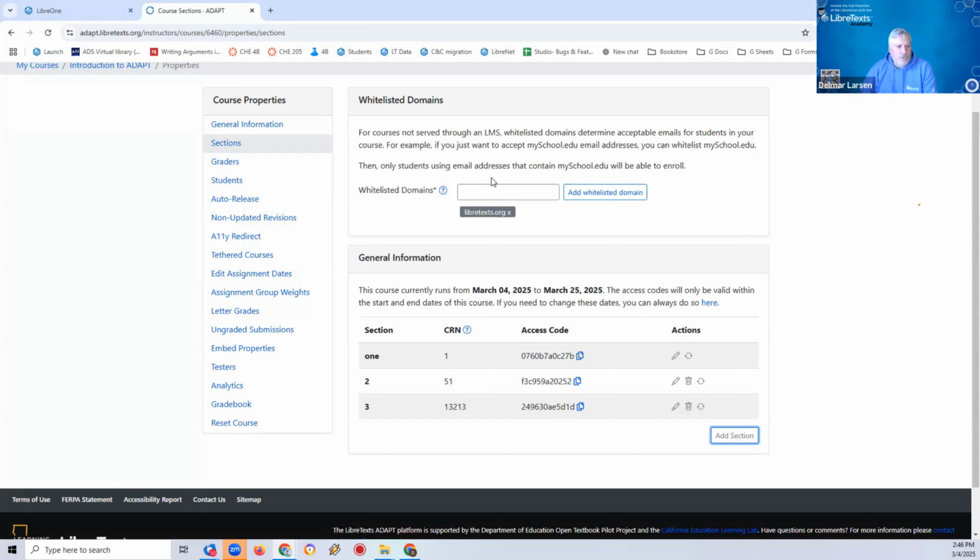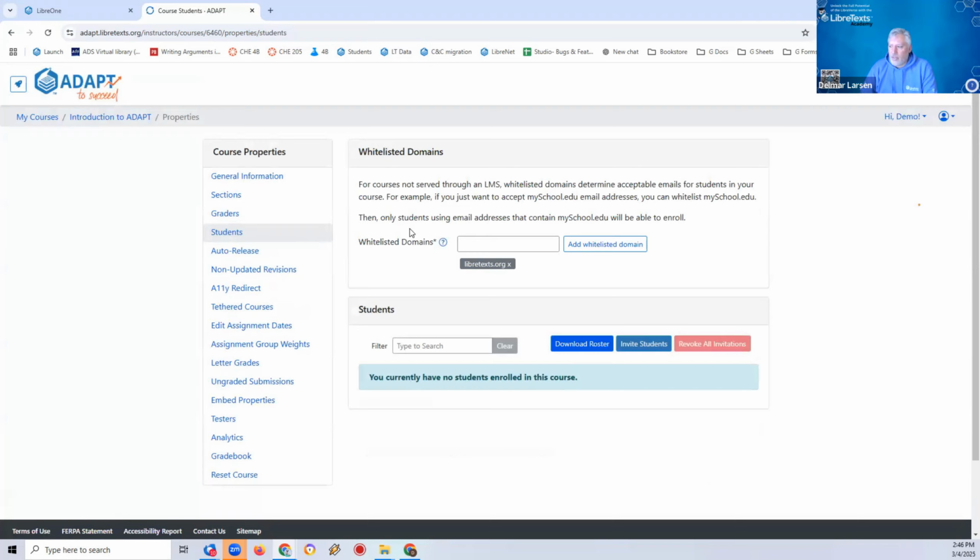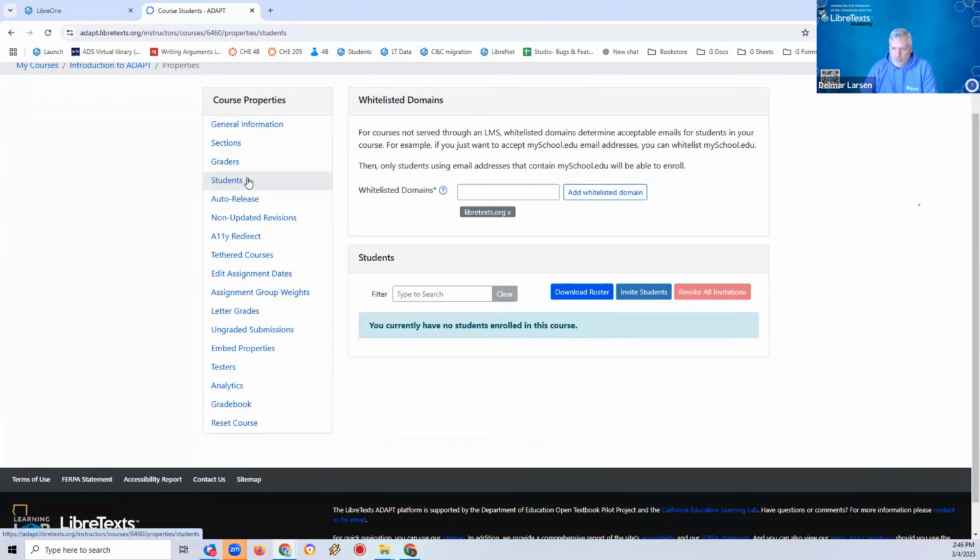And many courses are LMS enabled courses. But obviously, if the course is not an LMS enabled course, it's not able to get a roster from your LMS, and you need to have some other mechanism in order to address that. So I'm going to switch down here to students, and I'll go to graders momentarily, but that's probably not so big of a deal for you guys. I can come in and basically, if I give a list of email addresses or individual email addresses, I can invite students.